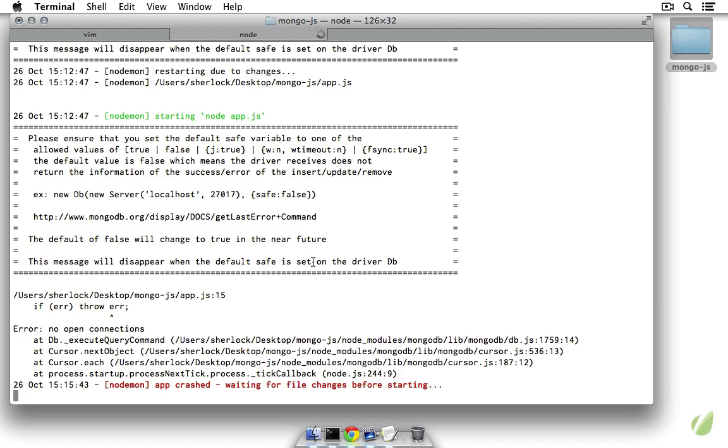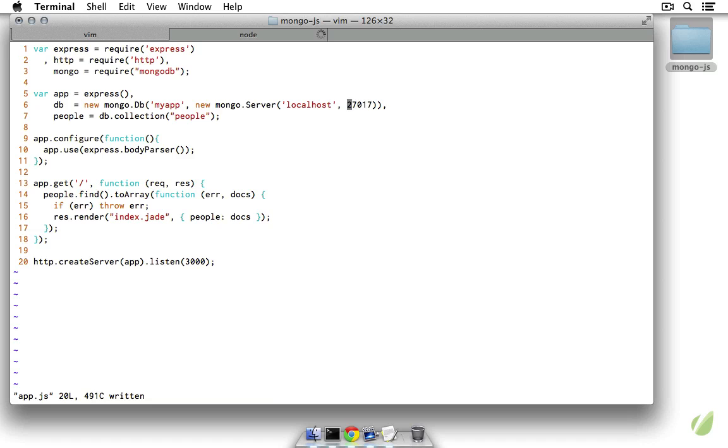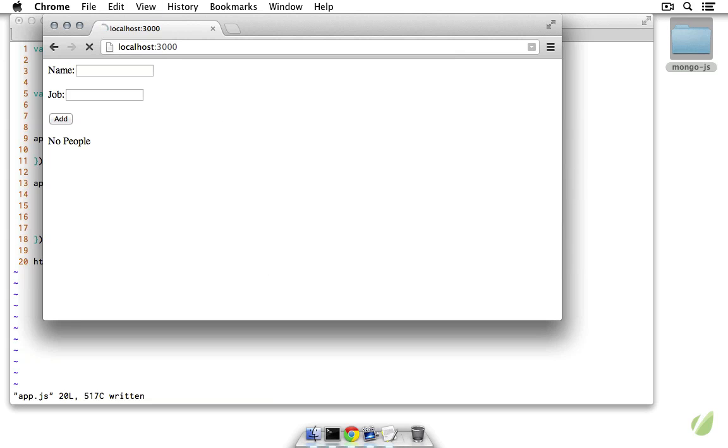If we come back to the server here, it says that we have no open connections. And we can solve this problem by coming back here and adding a property to our Mongo server. Let's just say that we want to automatically reconnect to the server over the course of the use of our application. So just by setting auto reconnect there to true, I should be able to come back and refresh the page, and you can see that now our form is loading up just fine, and we have the text no people showing up underneath. So now I can go ahead and choose to add a name and a job here,